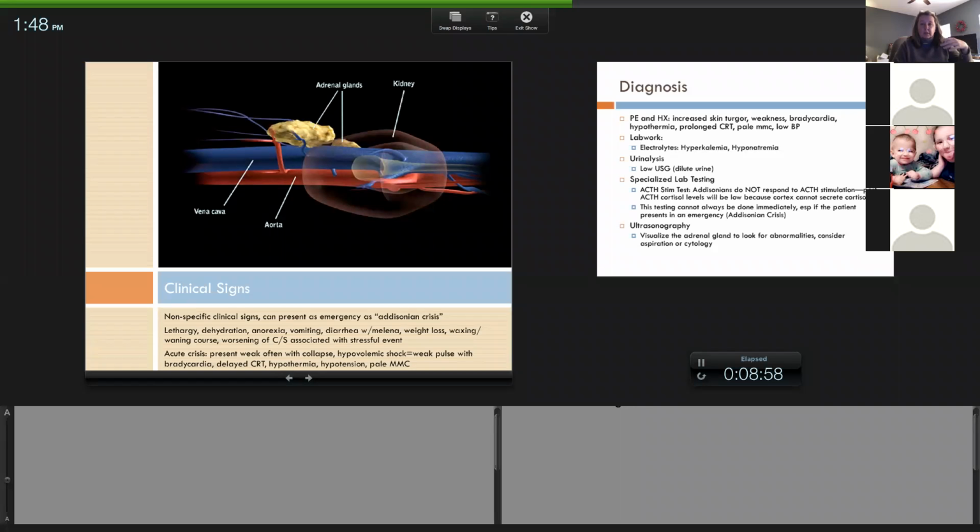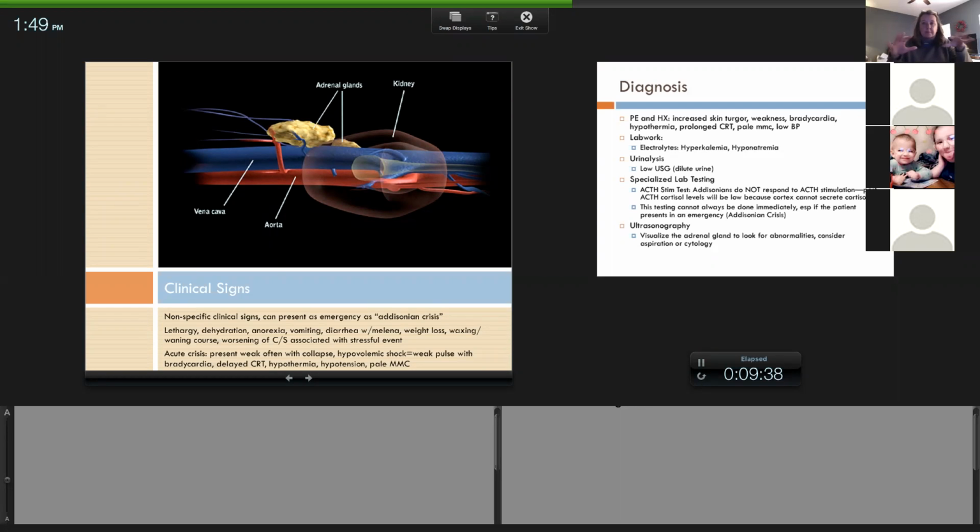So what happens is the patient can become weak, extremely weak, or collapse. They'll actually potentially fall over. And when the animal comes in, they're typically in hypovolemic shock. Now, hypovolemic is low volume, meaning that typically they have a drop in blood pressure. They don't have adequate blood flow or blood volume. So you take dehydration on top of a stressful event, it bottoms out their blood pressure, and because their blood pressure bottoms out, that's where you get the weakness and collapse.